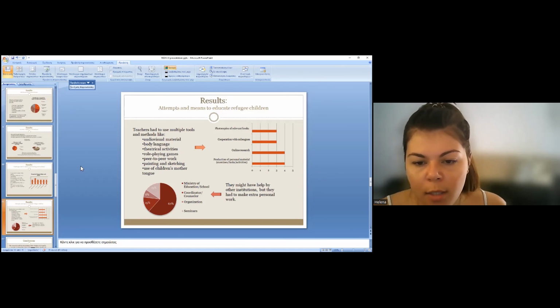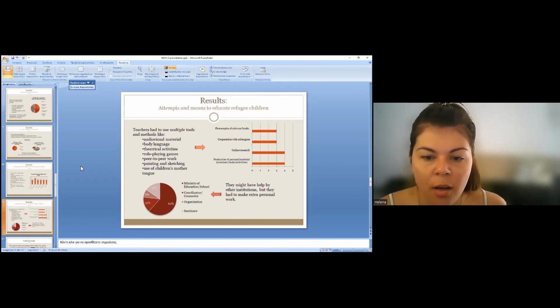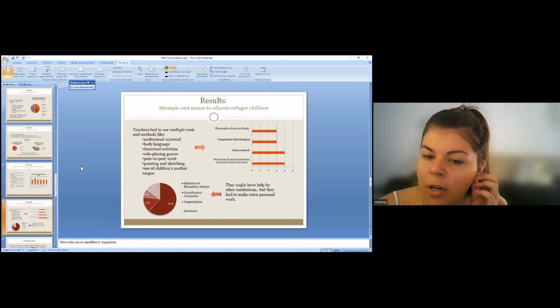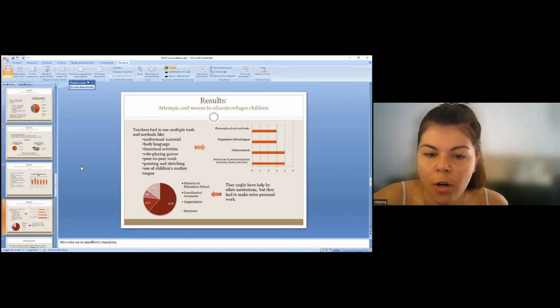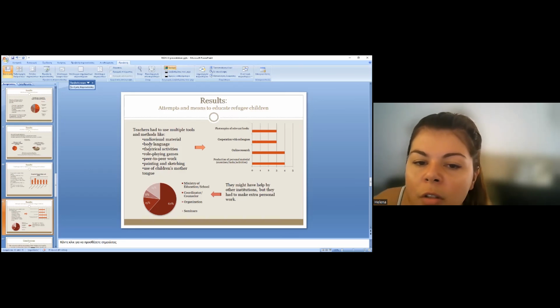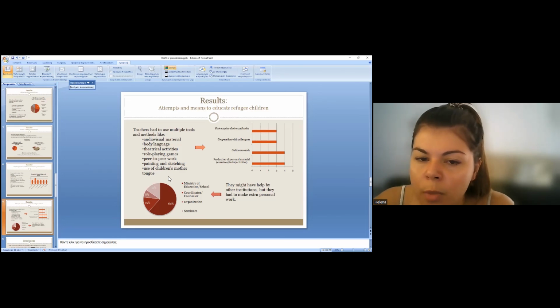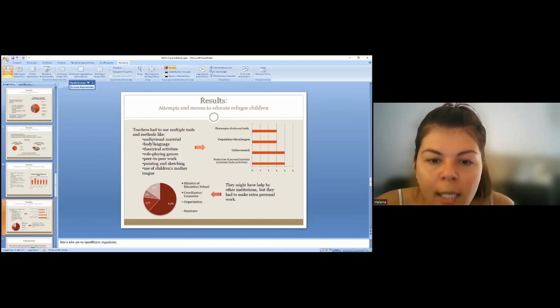Of course, there was help from the Ministry of Education, as well as from other institutions. For example, there were organizations that provided seminars. And all these are really important to be noted, because some of these, if not all, can be done with the help of digital media. So